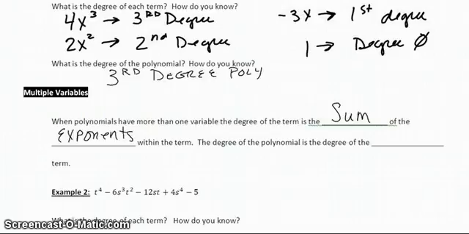And the degree of the polynomial is the degree of the highest degree term. So looking at our next example,